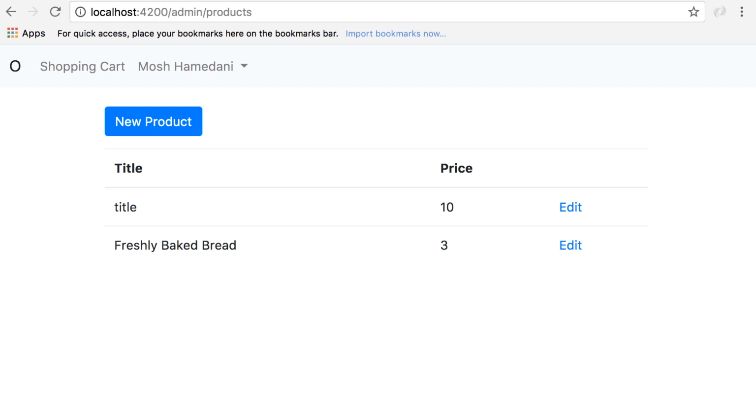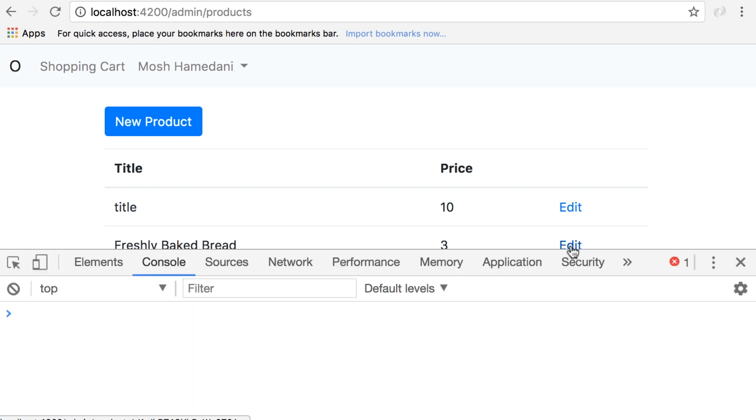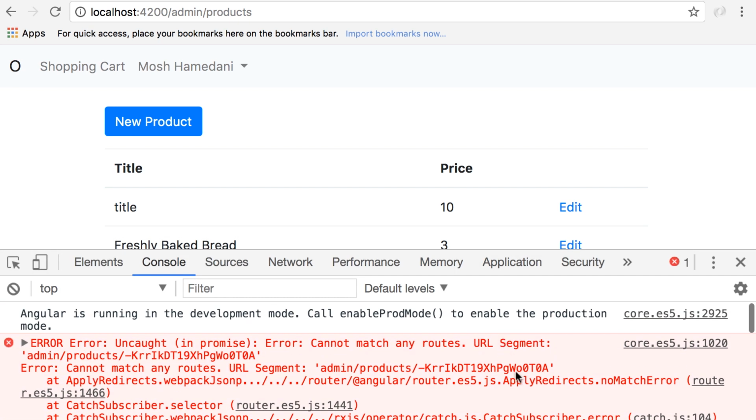In this lecture, I'm going to show you how to edit a product. So currently, when we click this edit link, nothing happens. Let's take a look at the console. So we have this error here, cannot match any routes, because we did not define a route that looks like this,